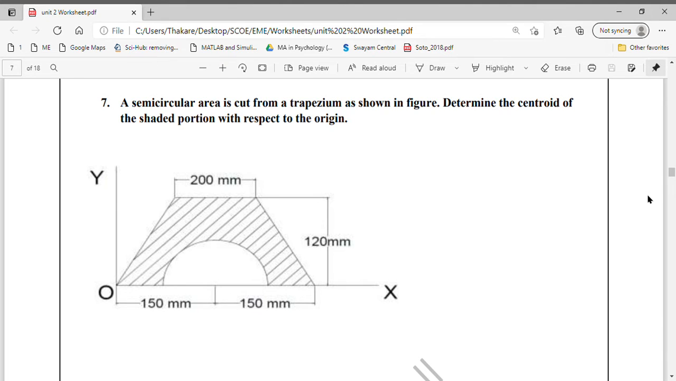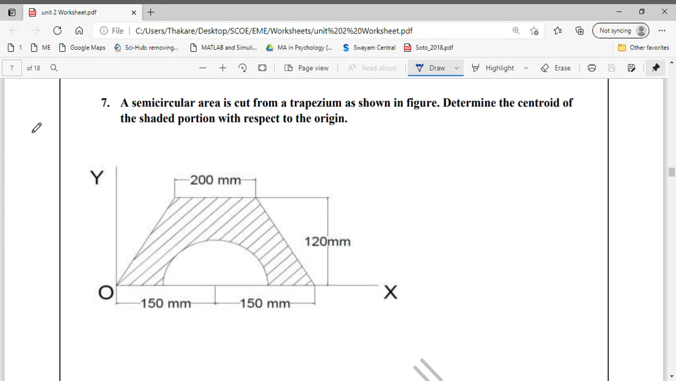Hello all. In this example, we are solving the same example as the last one. Only now we will be determining its moment of inertia about the vertical centroidal axis of this entire figure. So for that we will have to determine the location of the vertical centroidal axis. Vertical centroidal axis का location निकालना है, मतलब we have to determine its distance from y-axis, which means we have